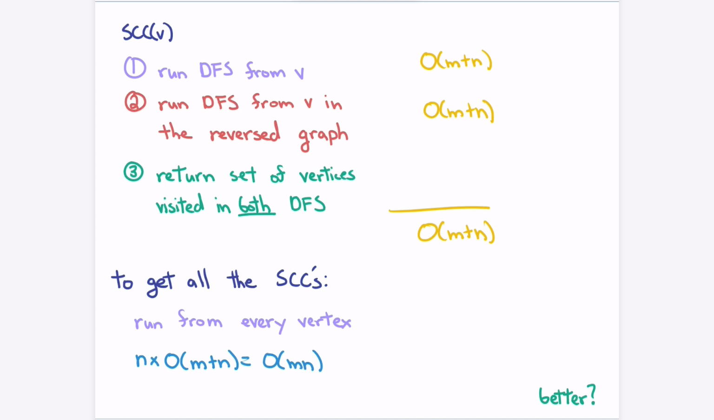Well, M is the number of edges. Oh, okay. So here I got a little bit lazy and I said, okay, just between me and you, let's say that M is at least N. So if every vertex has at least one edge leaving, then M is at least N. And those vertices by itself, you can just